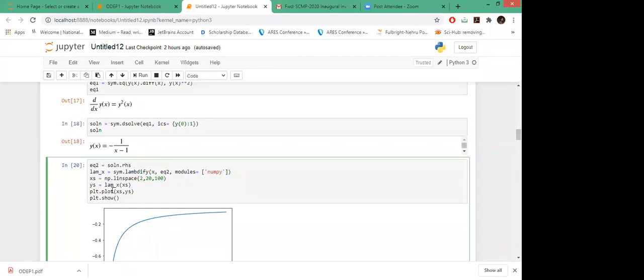So when I'm calling this function, lambdify x with xs, it passes all the values I want to compute for this equation. Instead of x, it will take the values xs and give the corresponding values. This is just an inbuilt function to convert your SciPy functions to different module functions.